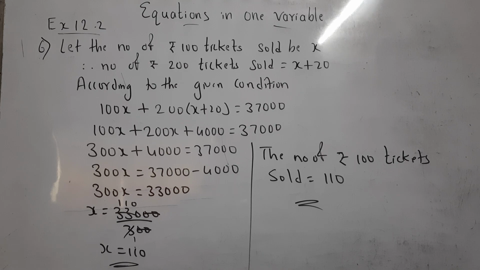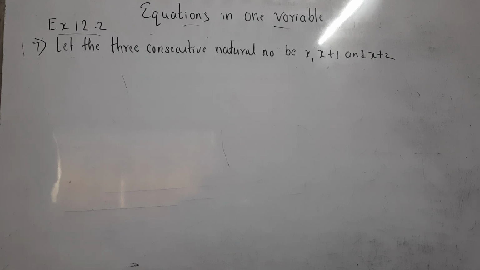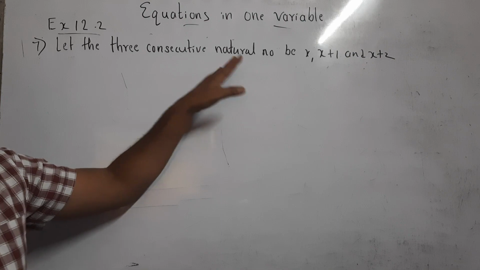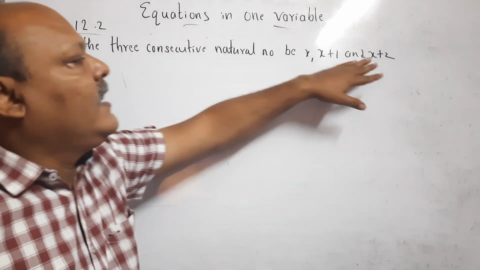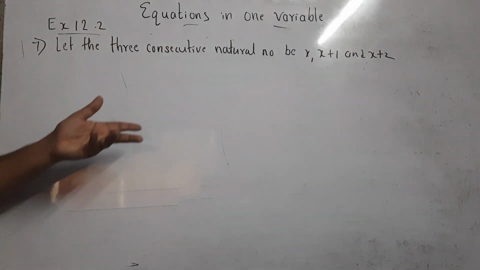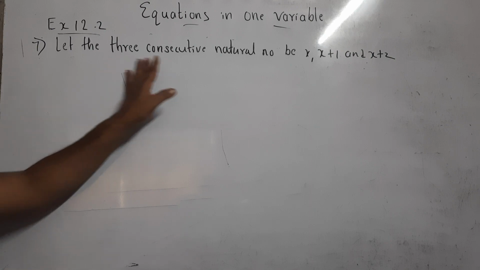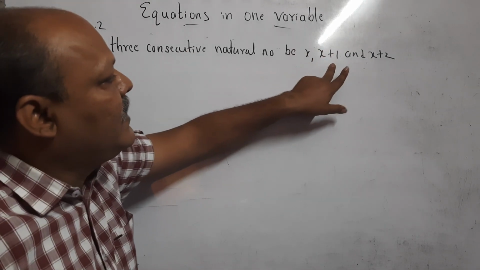This was question number 6. Now sum number 7. Of 3 consecutive natural numbers, 5 times the smallest number is 9 more than 4 times the greatest number. Find the numbers. Consecutive, we already did one sum on this, sum number 4. Consecutive means one after the other. Natural numbers always start from 1. So always remember, whenever there are 3 consecutive or 2 consecutive numbers, you have to start with x, x plus 1, x plus 2, maybe x plus 3. This is how you have to take the numbers. Again I repeat, 3 consecutive natural numbers are x, x plus 1, x plus 2.